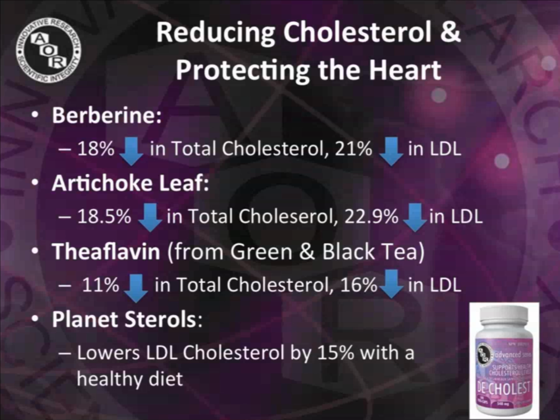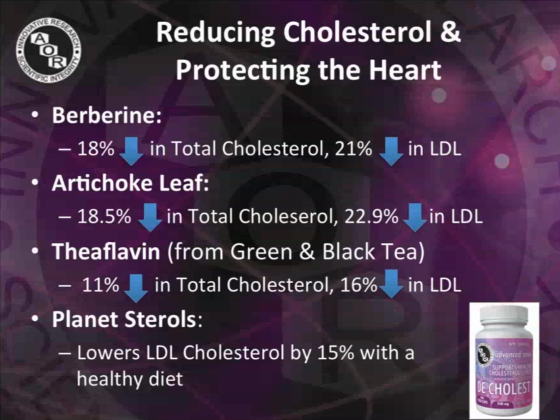Another key ingredient is theaflavin, which is found in green and black teas. It's able to reduce total cholesterol by 11%, LDL by 16%, and what this is able to do for plaque formation is it's able to prevent the oxidation of LDL and contribute to a decreased risk of developing plaque